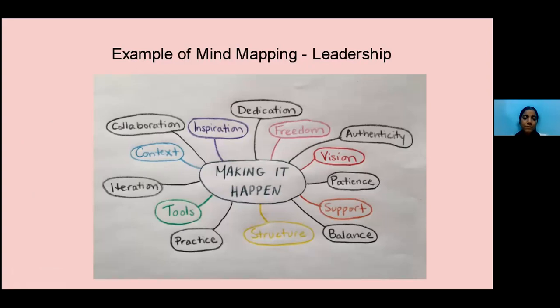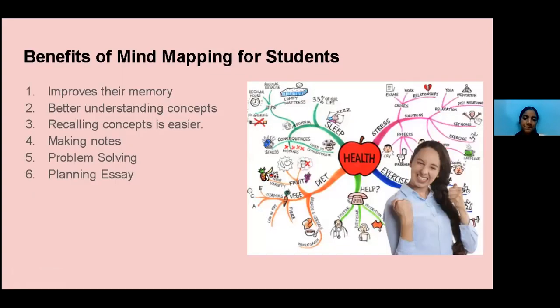And if you saw the earlier one, can you see there are small diagrams, pictures drawn? See, pineapple is drawn, carrot is drawn, a doctor is drawn, a dietitian is drawn over here, right? You can see how stress causes what? People start crying, yes or no? You can see one child crying over here, right? Sleep, can you see one person is sleeping? So when you're making your mind map, if you're good at drawing, not necessary that you have to be a famous painter, but whatever comes to your mind, you can make a small drawing. What happens? You will recollect it even much better when you are doing it by yourself. Okay.